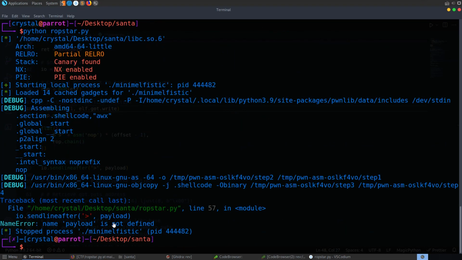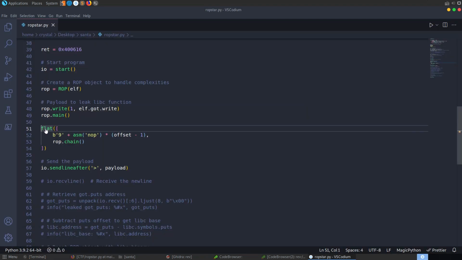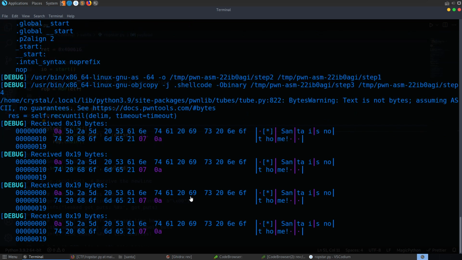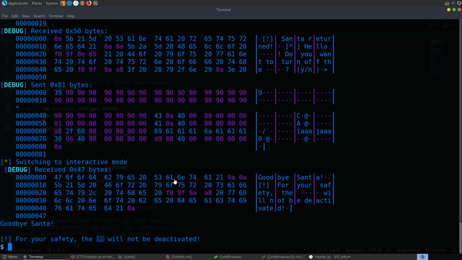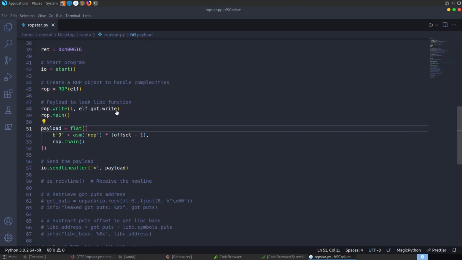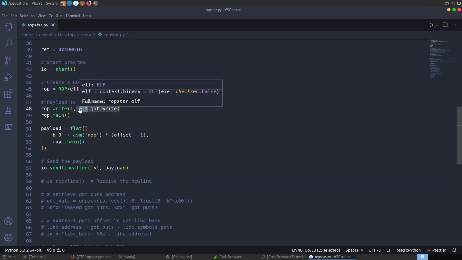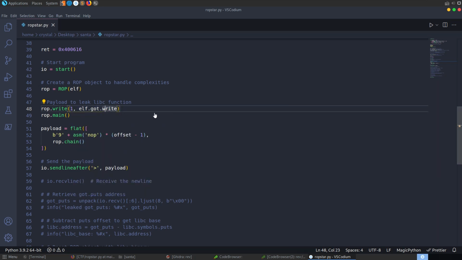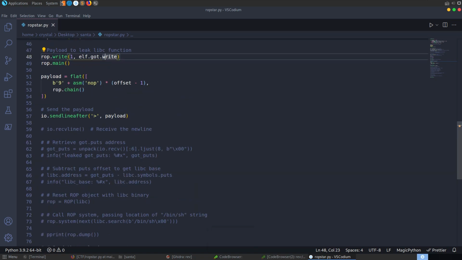And that works. It was able to, oh, payload is not defined. Okay. So this should work, but it's not going to leak us the address. And the reason for that is essentially that we've not provided a length. So we're saying we want you to write 0 bytes of the global offset table write address to this file descriptor 1. Now admittedly this took me quite a while to work out how to solve this,